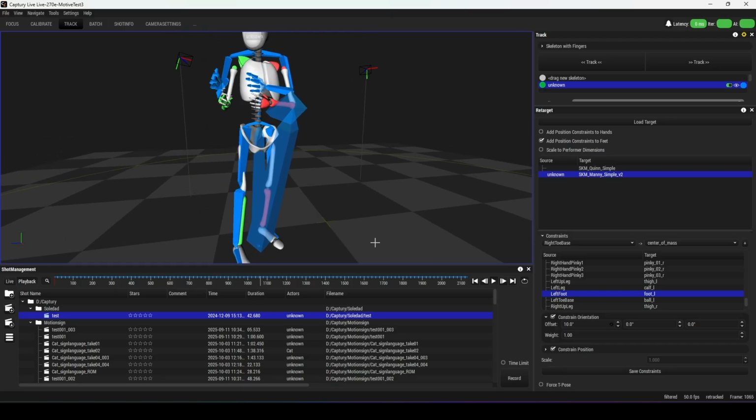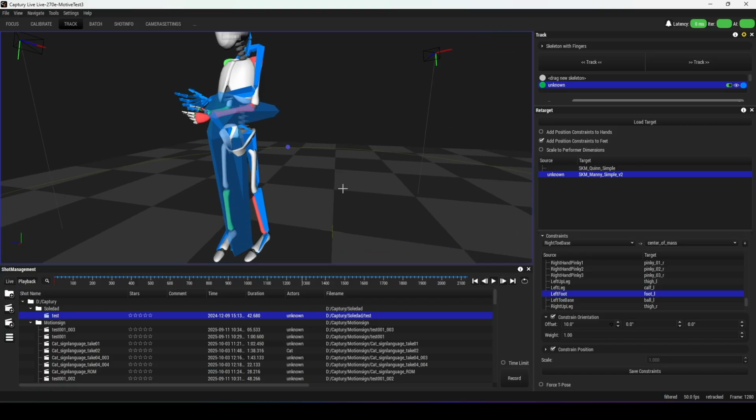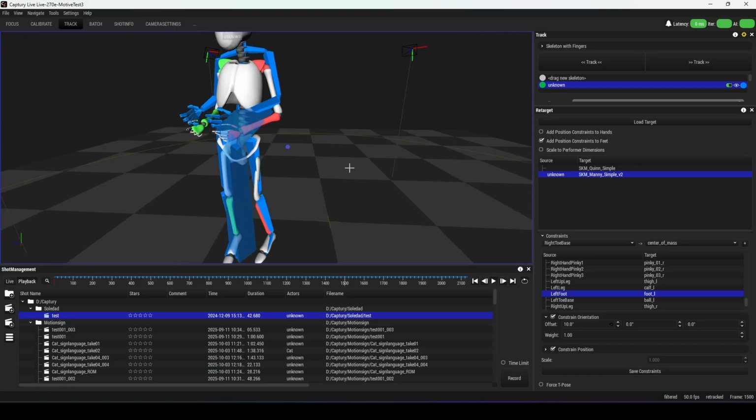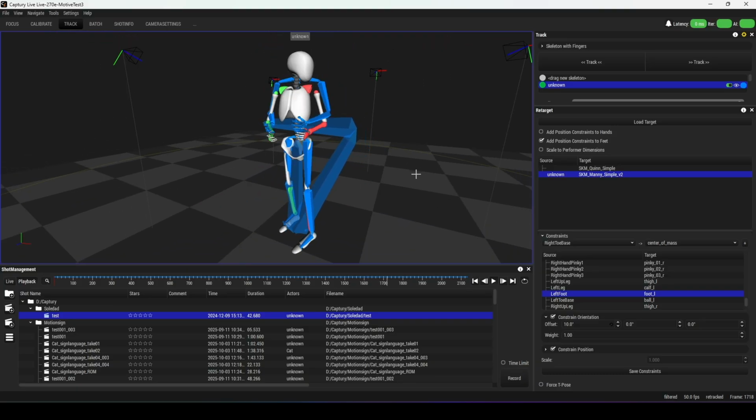Now this big blue node that you see here, that's the root bone, and that extended thing is the thing that comes with the Unreal skeletons. So don't mind that. That's usually intended for